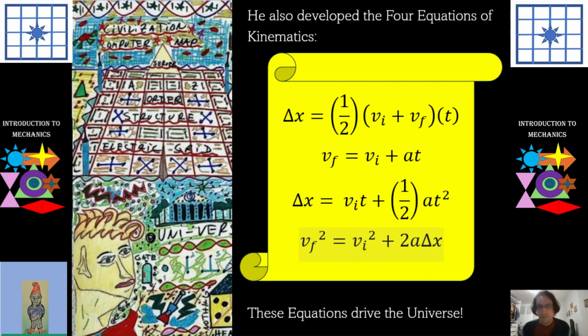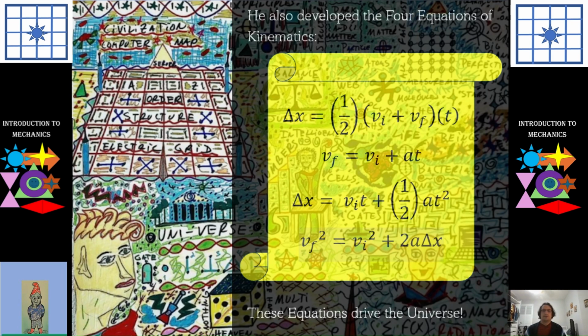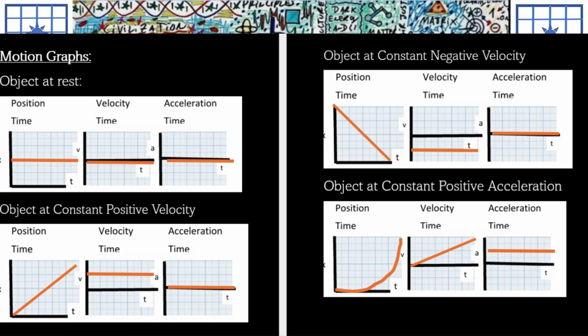Now another thing we're going to talk about here today is motion graphs, because if you have motion, it's always important to explain what is going on to the object as far as velocity and what changes in position with a graph. So we have position versus time graph, we have velocity versus time graph, and we have acceleration versus